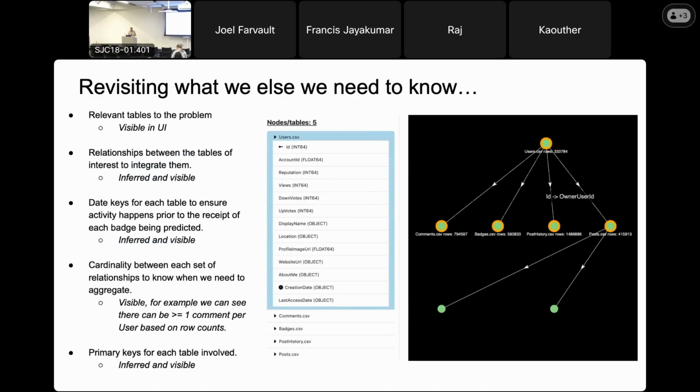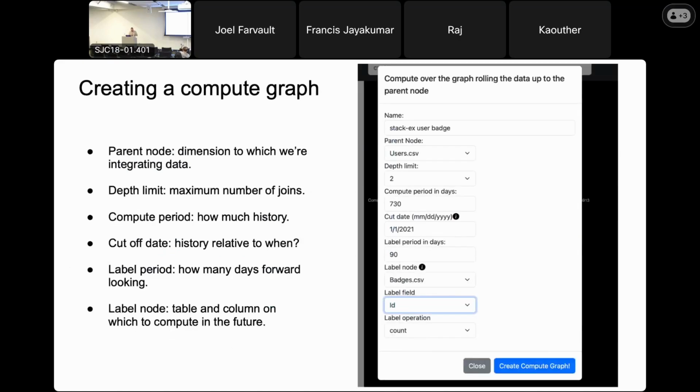Okay, so how would we go about creating compute graphs with these schema graphs? Specify a parent node, so the dimension to which you're going to integrate and aggregate, the depth limit, which would be the maximum number of joins you're going to allow the integration to run. The compute period would be how long in history you're going to consider, and a few more things like label